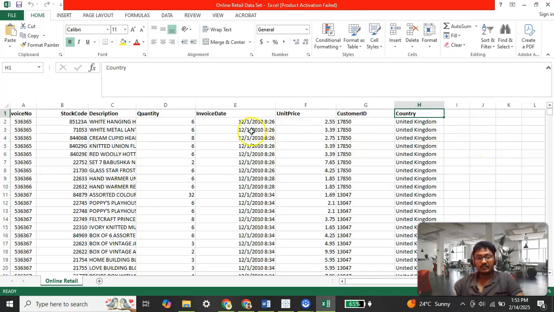The second cleaning process that I have to do is to create a check that the unit price should not be below $0. That means in this unit price column, there should be no value below 0. And to do so, we will select the quantity column